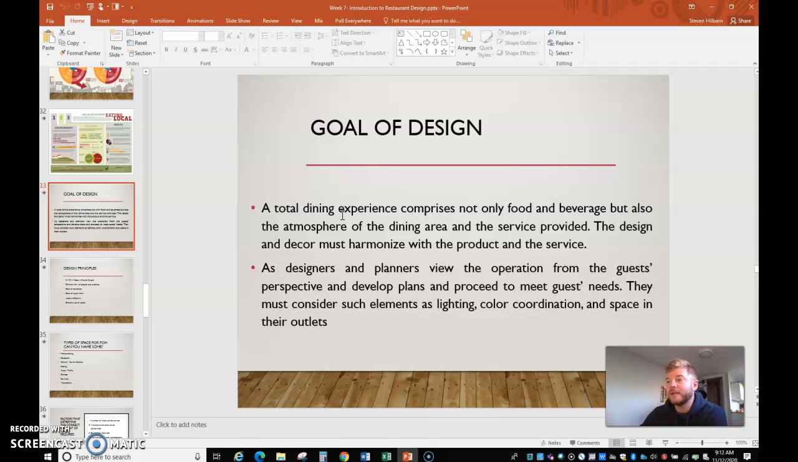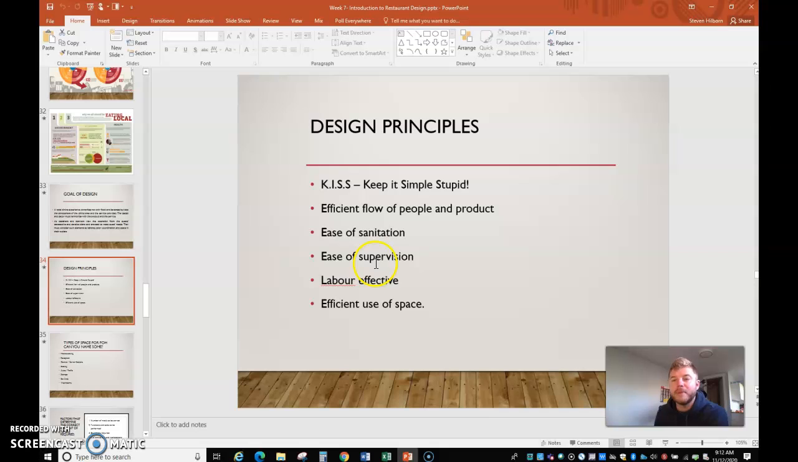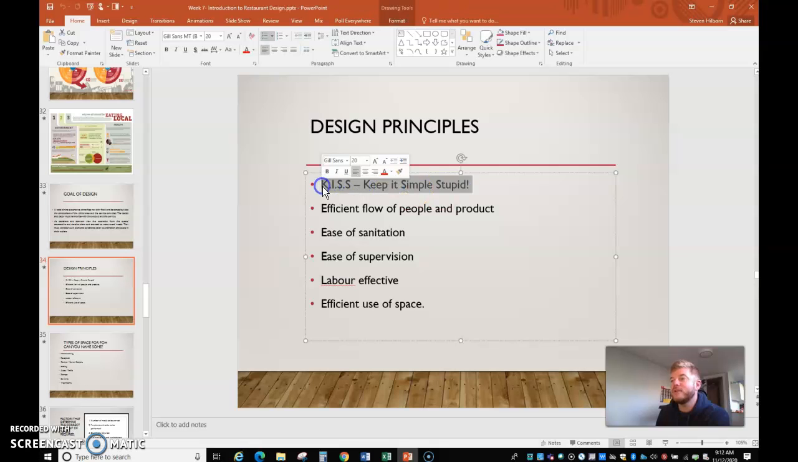So when we talk about design, we're not only talking about how the actual operation works as far as the customer, but also with the staff member and also with product involved as well. So a couple very easy design principles that we must think about when we want to design any space is the first one: keep it simple, stupid. So that's just kind of one of those sayings that we don't need to over design or over develop our space. It's often the most simple design ends up being the most efficient design. We want to make sure that we have an efficient flow of people and product,